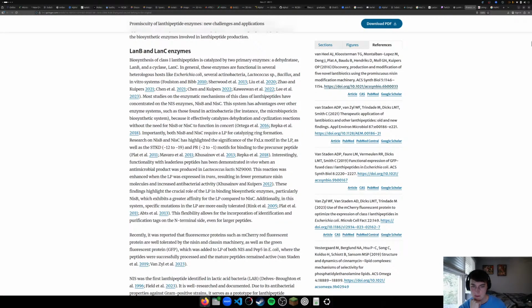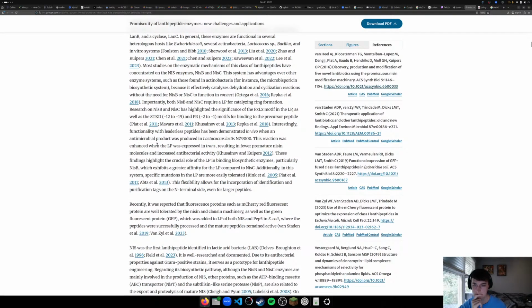They require a leader peptide for catalyzing modification. Research highlights the significance of the FXLX motif in the leader peptide, with fewer premature molecules, and crucial leader peptide binding, particularly. Yeah, that makes sense. Additionally, in the system,